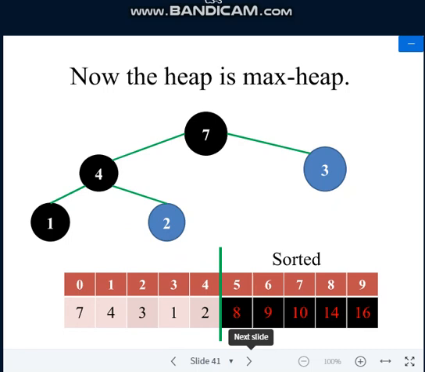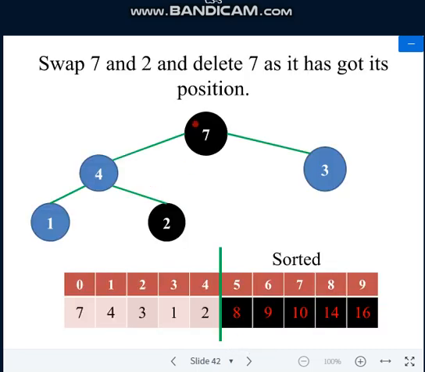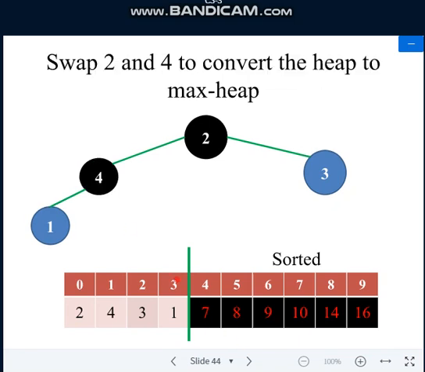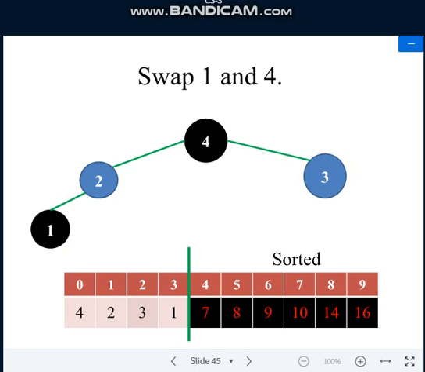The root node value and the last node value, if you swap, you have 7 and 2. And then you are deleting the last node. So only 4 nodes are remaining. Then again trying to construct the max heap tree. If you try to construct the max heap tree, this is how it looks. And then again the highest value will be at the